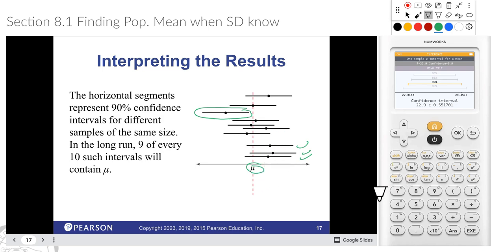Again, this is all theory. We still do not know with 100% certainty what that mean is, but if we take enough samples and we follow the theory of statistics, which has been tested out again and again, we are going to have a 90% confidence that the population mean is within these parameters that we're coming up with, within these confidence intervals. And notice sometimes we might get a sample where exactly the mean is the same as the population, but we're just working